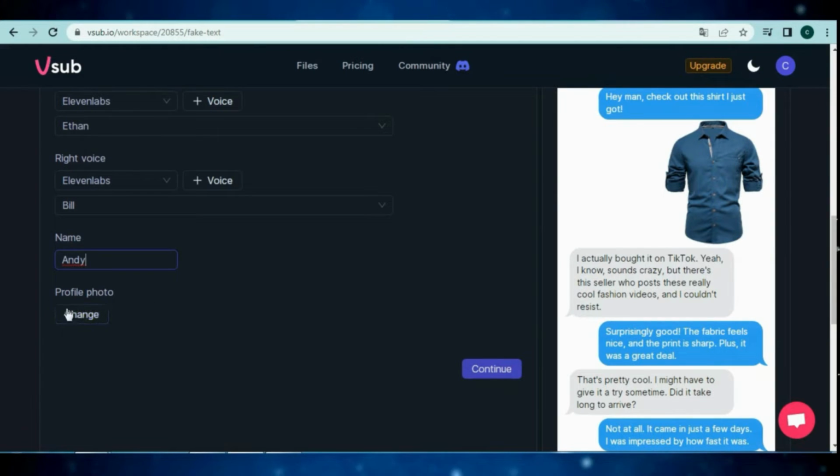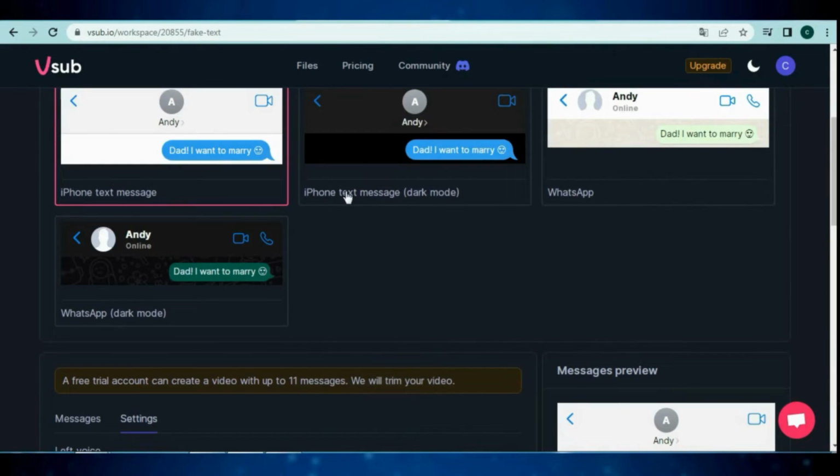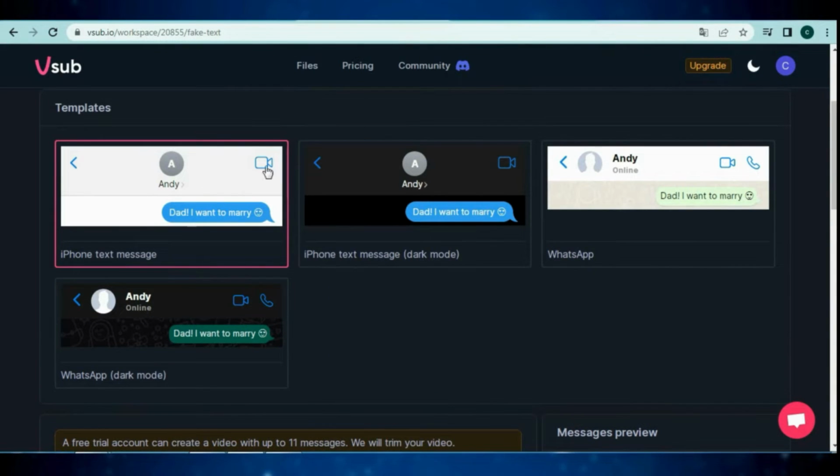After entering the name, you can add a profile picture. Alright, lastly, you need to choose a template from here. You can choose between iPhone and WhatsApp in both dark mode and normal mode. Alright, after setting up,